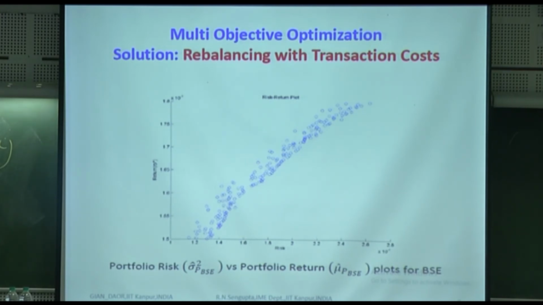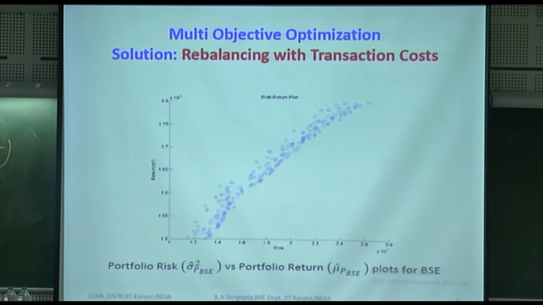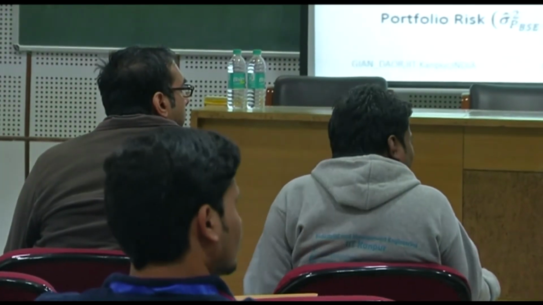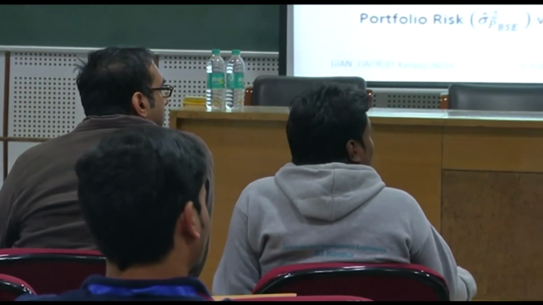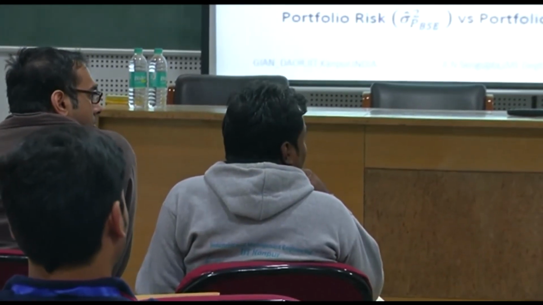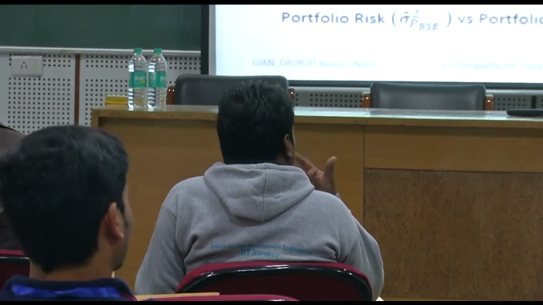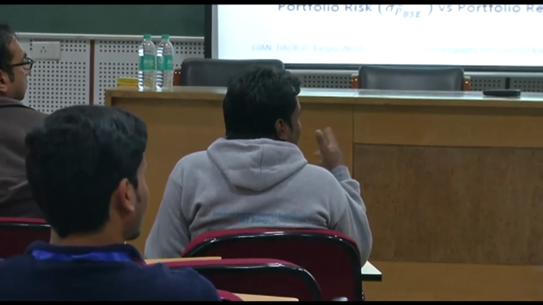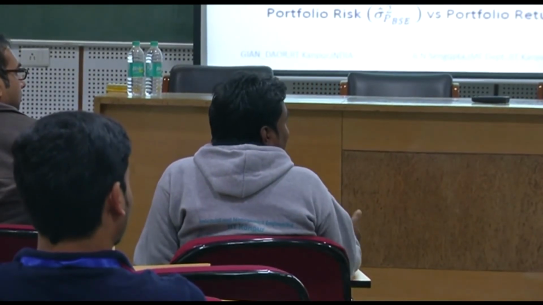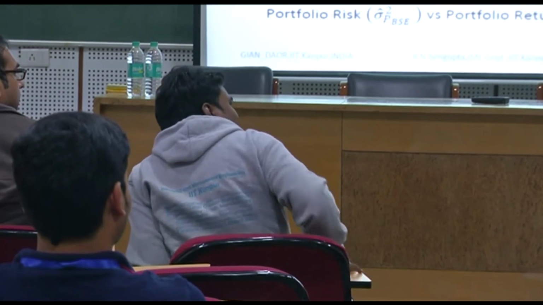Now your question would be: according to this diagram, if my risk is increasing, my return is also increasing. How will I explain this behavior? Risk is increasing, so it should not be linearly dependent. It is not linearly dependent, though we can get a best-fit straight line here. Because if risk increases, there might be chances my return becomes shaky. Shaky means it may increase or it may decrease also. That's why my risk is there.